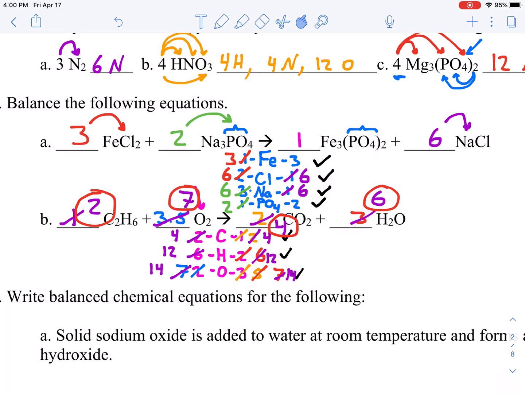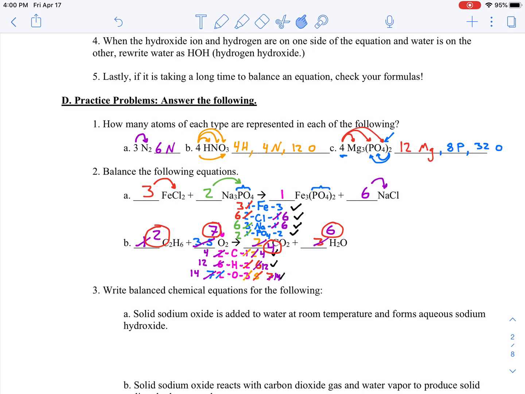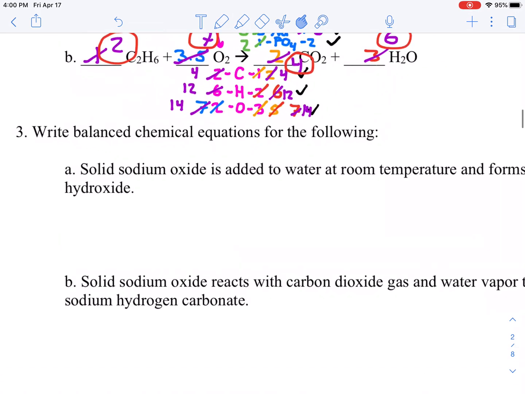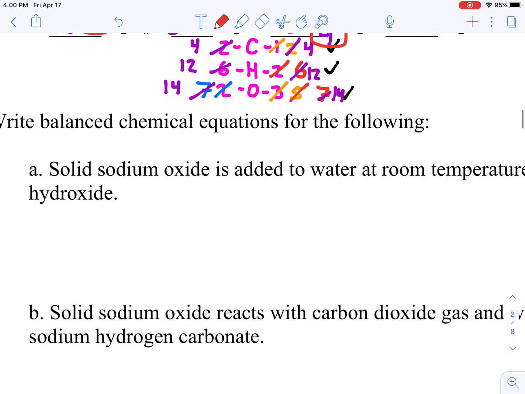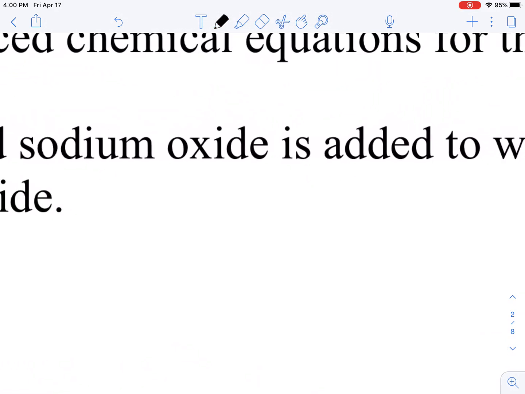All right, let's try putting that all together. Let's try writing word equations and then balancing them. So we're going to go a little bit faster through this. If you need to pause the video at any time, feel free. Letter A says solid sodium oxide. So what is solid sodium oxide? It is